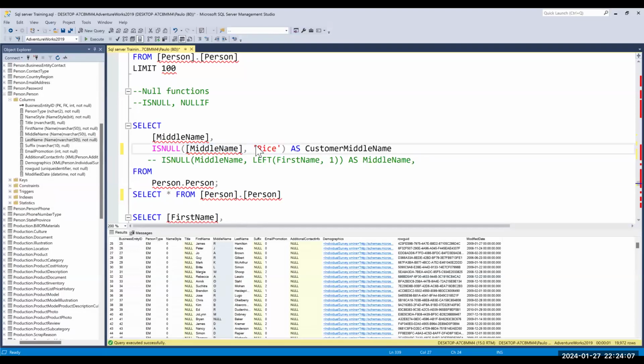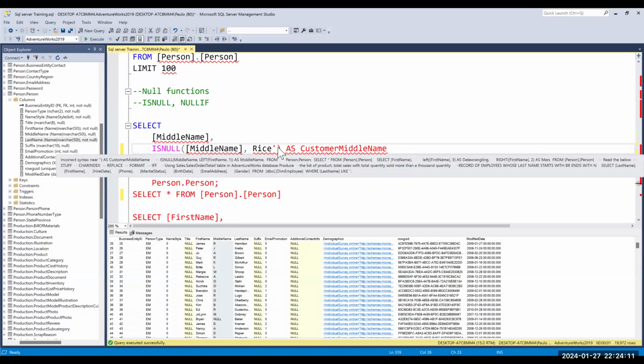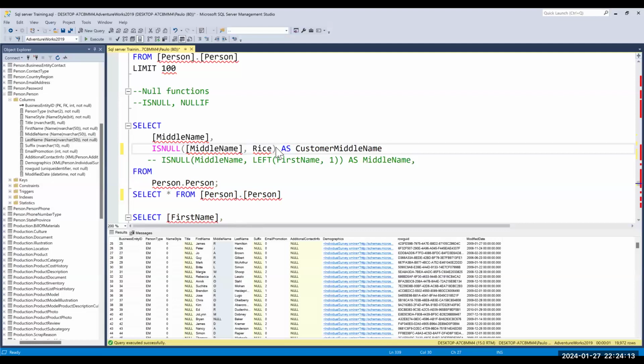You don't put rice without quotes, because then you are saying rice is a column. It's not a column. You are the one forming the rice yourself, so you must put it in open and close quotes. So if you scan through this middle name column and anywhere you see null, replace it with rice. If I execute this,